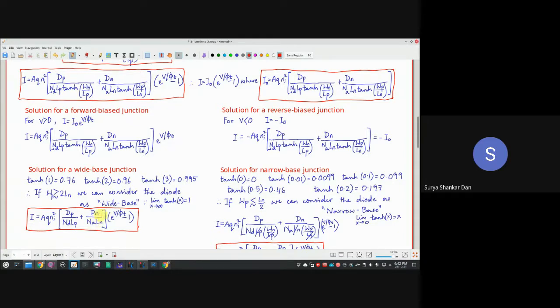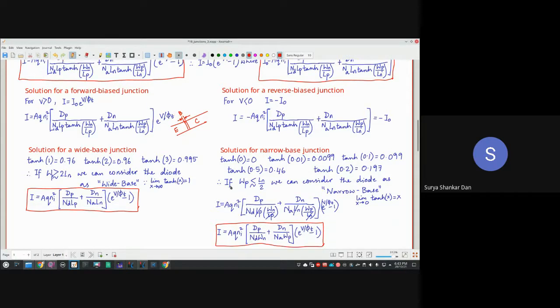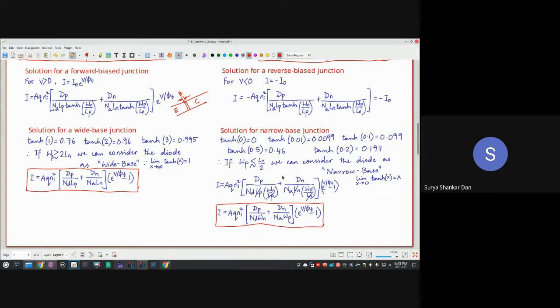Now comes the situation for a MOSFET, okay, where it is a narrow base. MOSFET में भी आता है in the standard case of BJT. This is the case of a BJT. In the morning also I was explaining, right? So this should be as small as possible. This is the base. Okay. So for a narrow base junction, then what is the scenario?